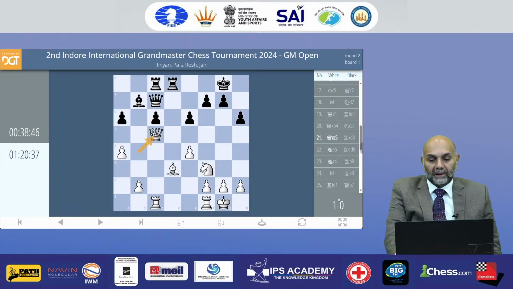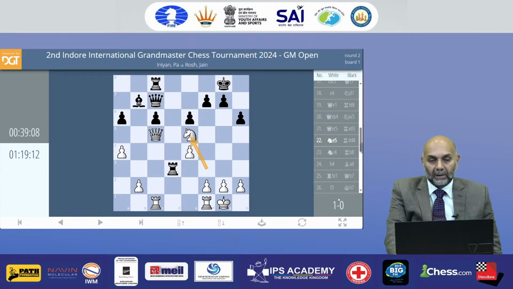As a pawn exchange has taken place here, it has been permitted by white. And what has happened? The black knight has been exchanged with the white bishop. Both were good pieces. And now what we look at is a badly placed bishop on the queenside for black, and white has an active knight which could be placed at the king side or the queenside. It is ready to penetrate on the black squares, and we'll see slowly black is bound to get into some trouble.